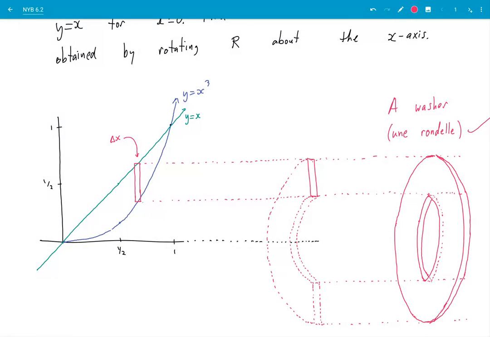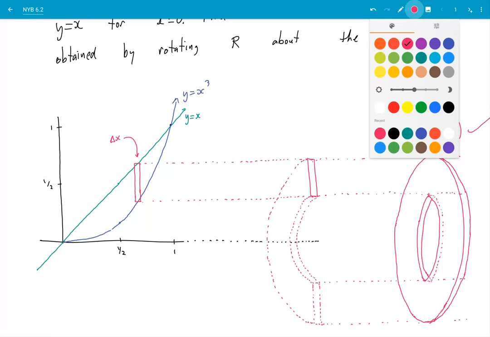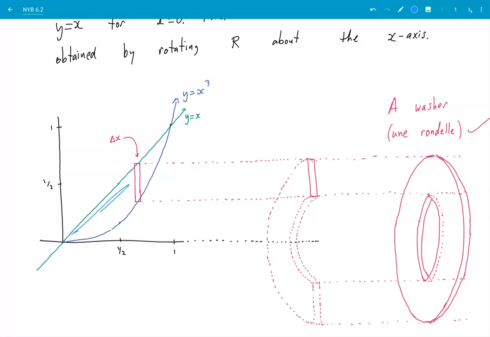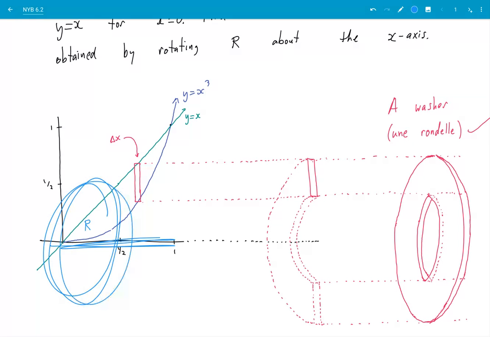Okay, so I got the straight line x, and I got the blue curve x cubed. Now I got this banana-shaped region. Where is it? It's this banana-shaped region here. This is my region R. So why don't we label that? Here's my region R here. And I'm rotating that about the x axis here. So you imagine this banana-shaped thing just going around and around and around, or just once, I guess,